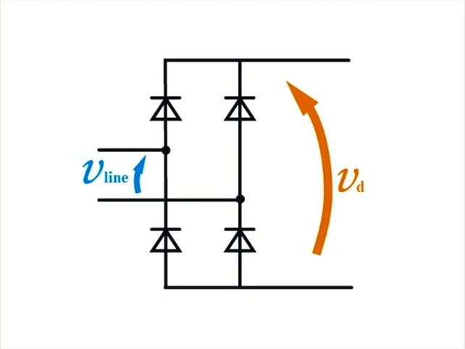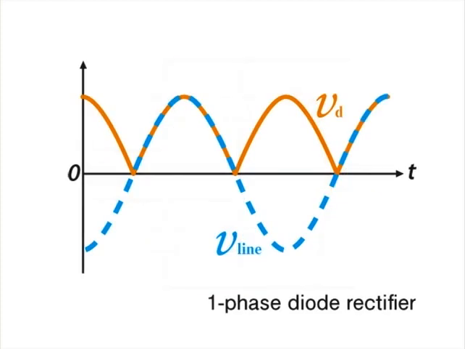While the diode rectifier can easily convert AC into DC, its output voltage VD has a large ripple and the output voltage cannot be controlled. As such, the diode rectifier cannot be used for equipment that requires a stable DC power supply. In these cases, the usual practice is to use a power conversion circuit where the diode rectifier and chopper or DC-DC converter are combined. Commonly, the large capacity aluminium electrolytic capacitor is used to remove the ripple from the diode